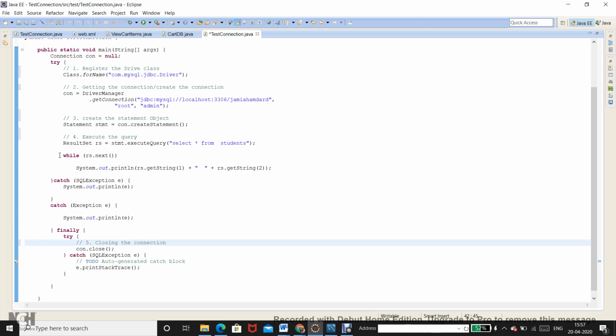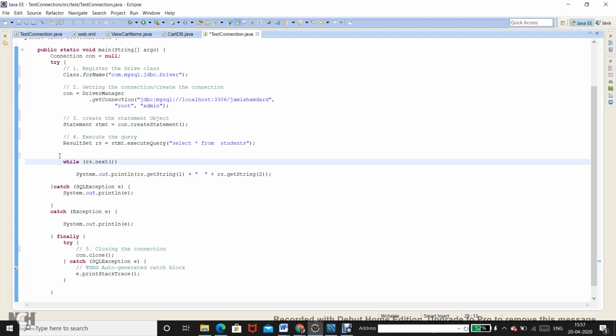In between, I can say there is a hidden step that I did not mention, and that is processing the result. Processing the result here means I am getting the result and trying to print it on the console. That is how I am processing. I could have chosen to create a web page, if it had been a web application, and send it back to the client in the form of a table.